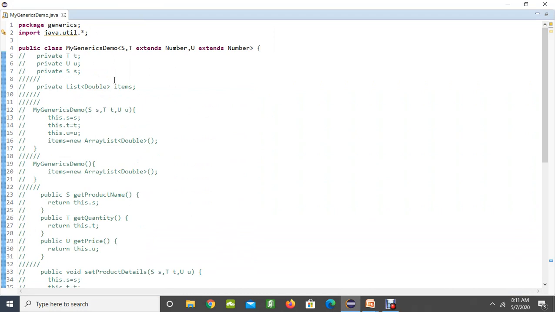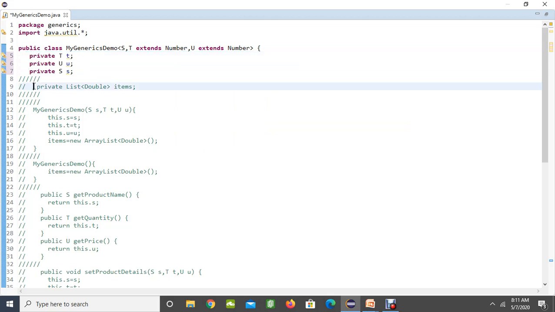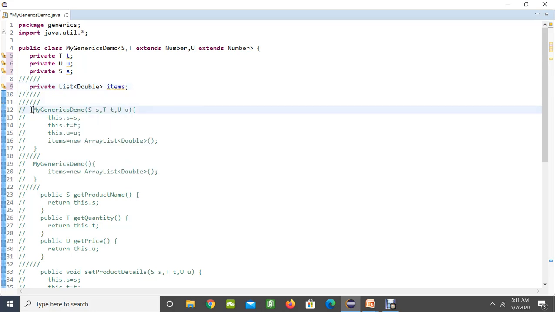Here we know it is going to be a number all the time, that's why I am going to make it extends Number. Why do this? Since if we do that, we can easily do arithmetic operations in our methods. Since I have three variables of generic type, I am declaring three variables here, and also another variable which is going to store the list of items, that is all the individual product total prices. Finally this list of items helps us find the total of that particular shopping list.